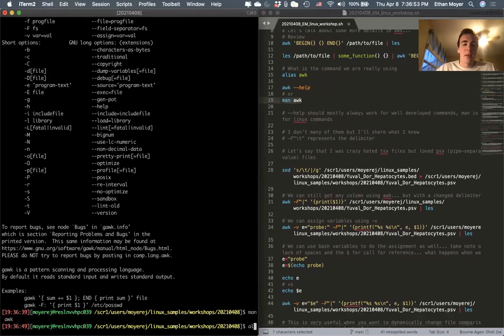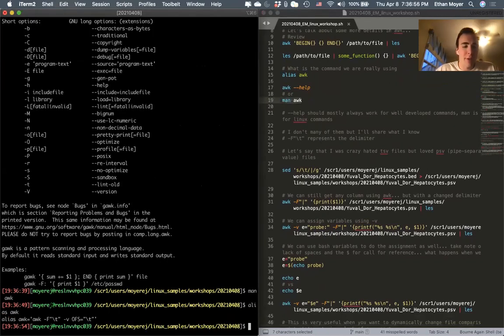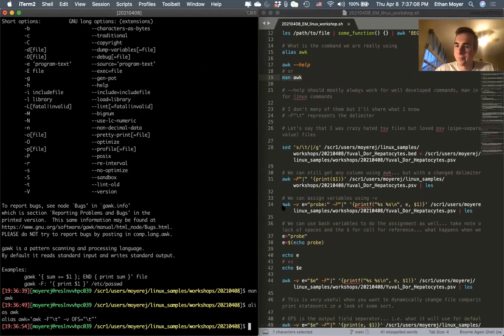So when we do alias AWK, you'll notice that there's a -f parameter, and that specifies the delimiter of the file, right? So we can say, just for kicks, that we don't like TSV files, we like PSV files, pipe separated value files,